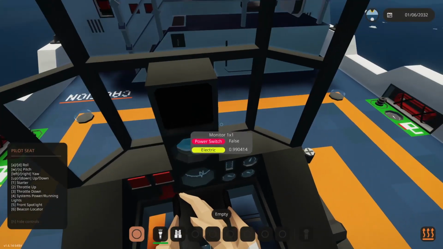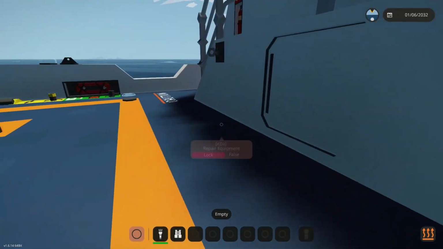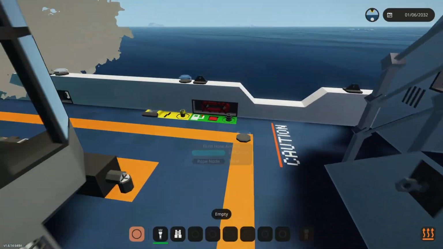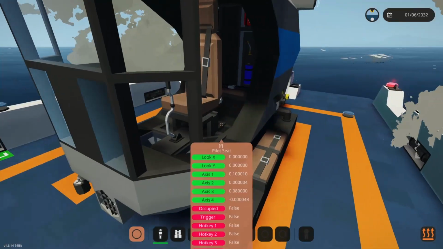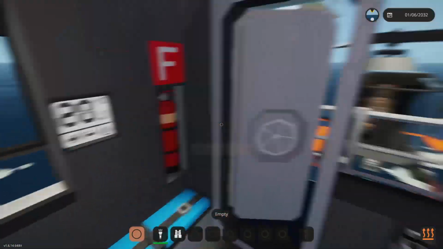So we can get that in, power this thing down. So that's pretty much it. You have your fuel tank here for filling it up, and here you have fuel out for pumping fuel into the helicopter, as well as charging the helicopter here. Now if we make our way into the cab,